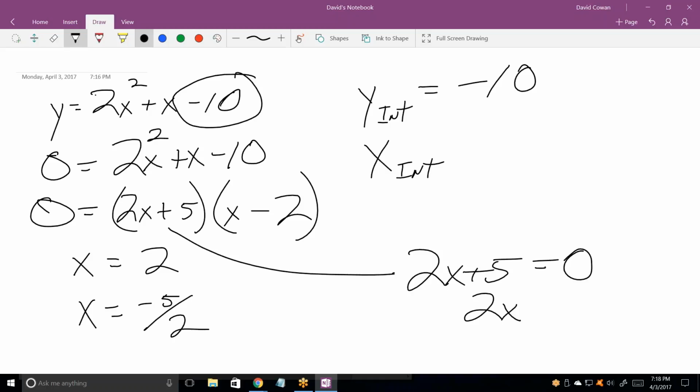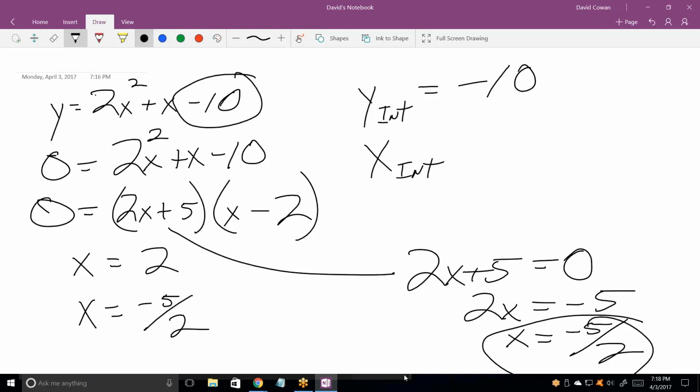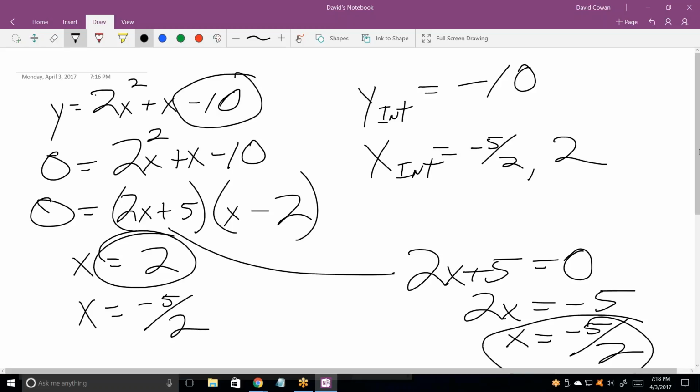First thing I do is subtract 5 from both sides. Next thing I do is divide both sides by 2. So there's your second solution. And the X-intercepts are minus 5/2, comma 2. There's 2 of them. And that makes sense if you think about it,